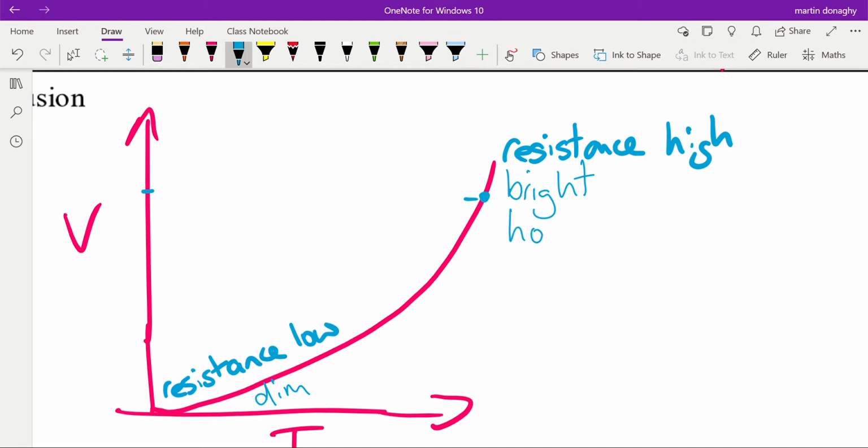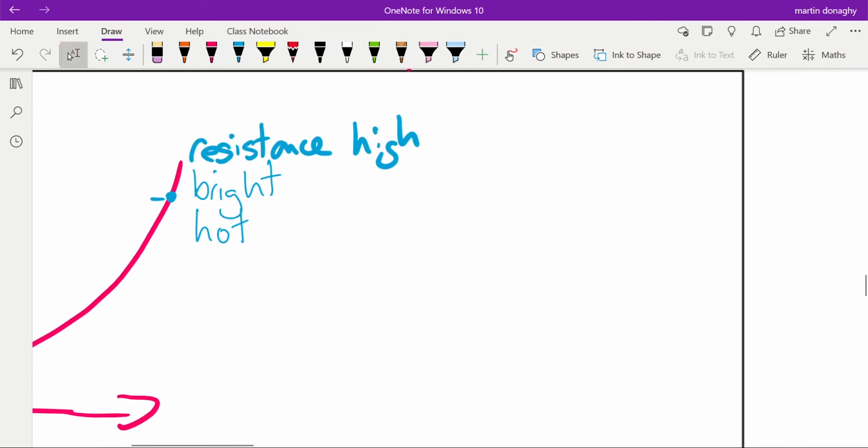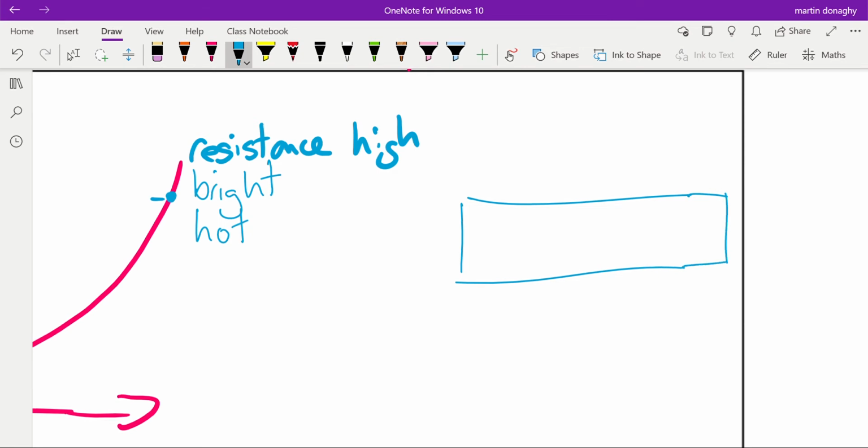So the wire was hot there, but here, down at this point, it's cold. So next we want to try and link, well, why does the fact that the wire's hot mean its resistance is higher? And we have to think back to last year's topics, but if we imagine the particles inside a solid,